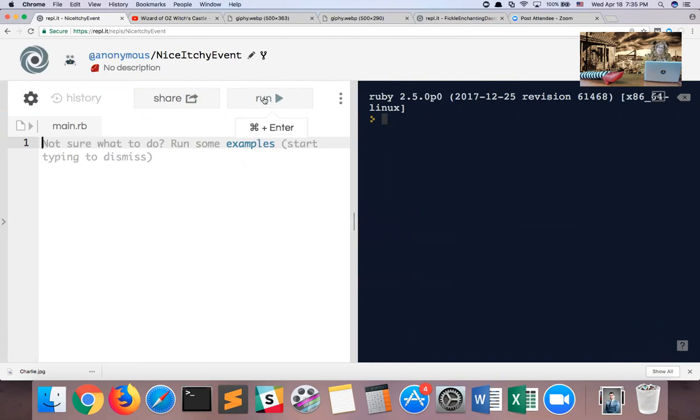We will then hit this button here called Run, if you see my mouse is hovering over it, and that will produce a result on the right hand of the screen. So let's jump right in. The first command of Ruby code that's good to know is puts. Puts basically will display something on the right hand of the screen. So if I say puts 1 + 1,